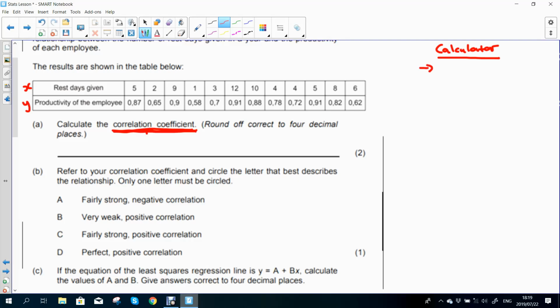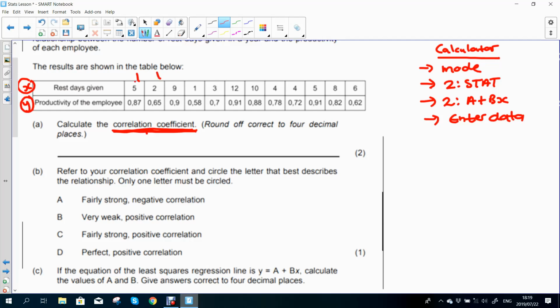Firstly, you will press the word mode on your calculator. You will then go to stat, the option that gives you stat. In the silver calculator, that's button 2. Then you will go to the option that says 2a plus bx. And after that, you will enter your data. Okay, so directly after you've chosen number 2, you will see a data table coming up, and you will see X's on the left and you'll see Y's on the right, and you're going to enter all of these data values, okay, in the correct order.